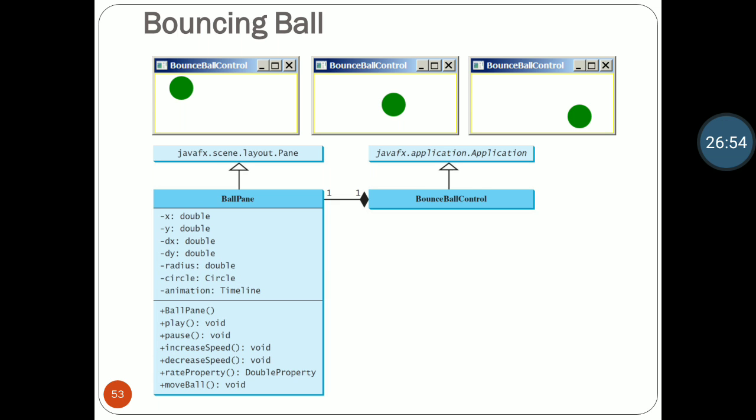That ball will have properties like x, y, dx, dy, radius, circle and animation, and that will have different methods like ballPane, play, pause, increaseSpeed, decreaseSpeed, rateProperty and moveBall. Those methods and parameters will handle the ball and the ball will move inside a scene.